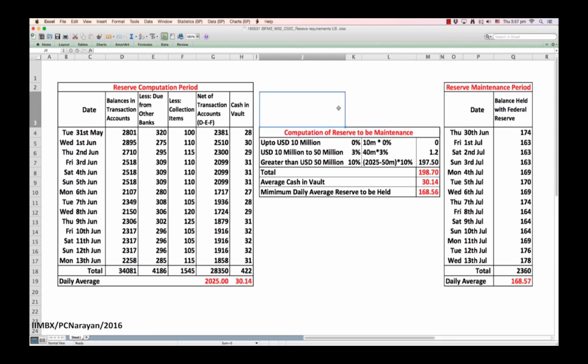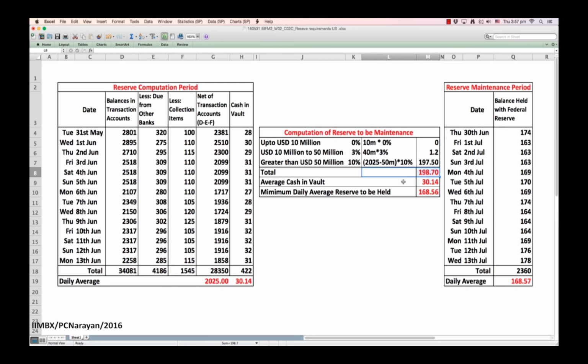The second segment tells you how the reserves are to be computed. Recall from the earlier session, up to $10 million, no reserve need be maintained. So 10 million into 0% gives you a 0. From $10 million to $50 million at 3%, so 40 million into 3% would give you 1.2, and all amounts greater than $50 million, which is 2025 minus 50 million into 10%, gives you a figure of 197.50. So the total of these three is 0 plus 1.2 plus 197.50, which gives you a figure of